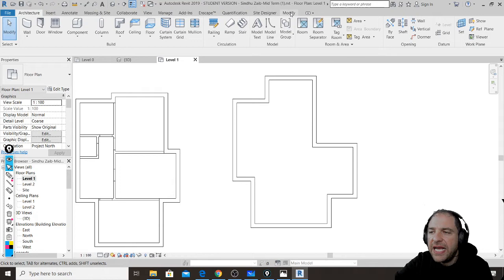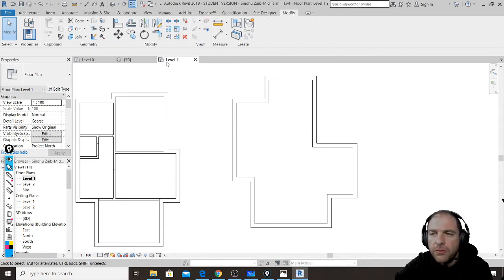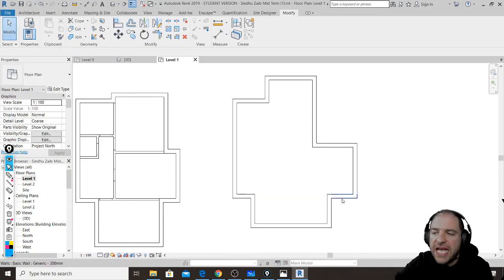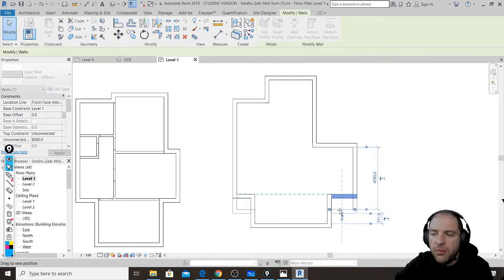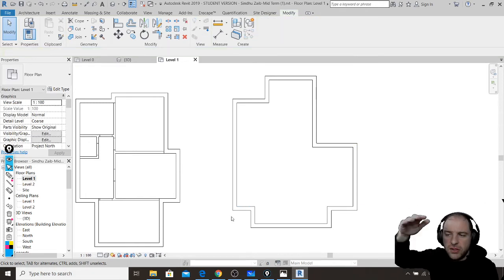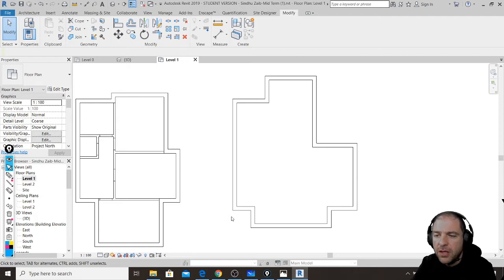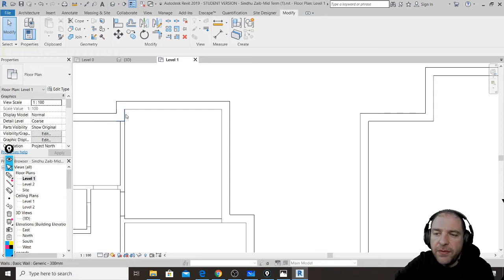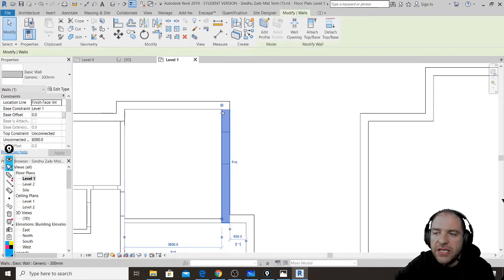So we select the Modify panel, we click Align, and we align this face with this face, and we lock this alignment. And by doing this, what we obtain is that the moment we modify one of these walls, the wall that is on the other side will always remain like that. Then, let's see another thing. We have this dimension from this face of the wall to this one. This is